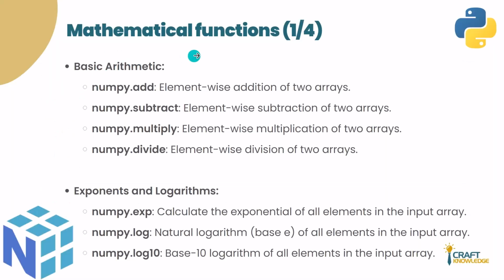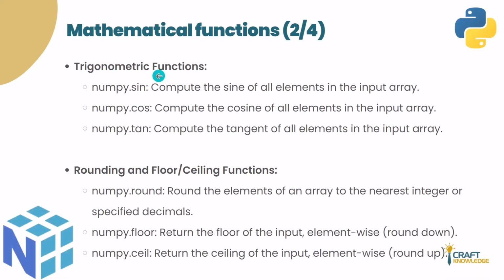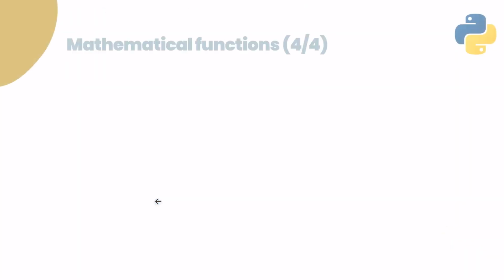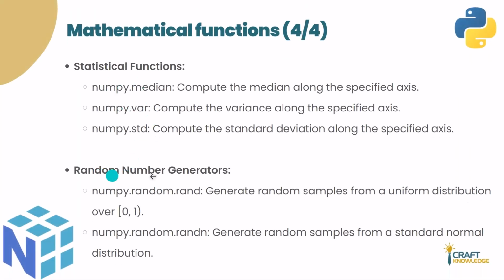As we discussed earlier, the main usage of this NumPy library is to work with mathematical functions, and it offers a huge range of them. It divides the mathematical functions into different subcategories. For example, we have basic arithmetic functions, exponent and logarithm functions, trigonometric functions, rounding, flooring and ceiling functions. What else do we have? We have array aggregation functions, array operation functions, and finally statistical and random number generator